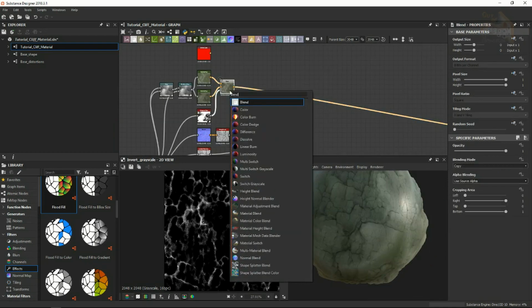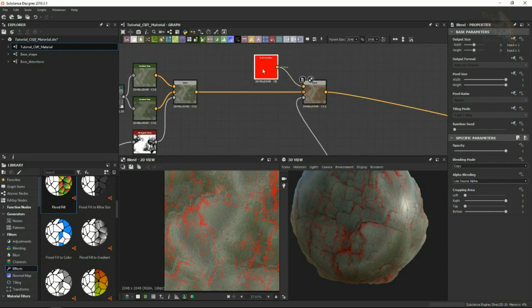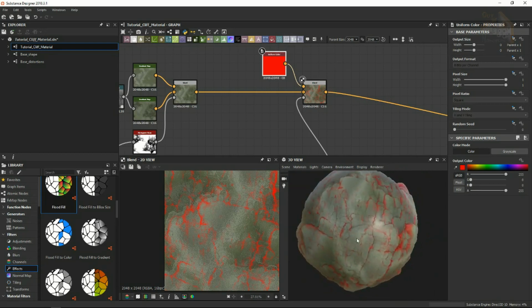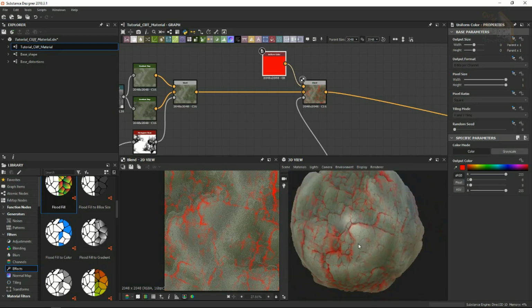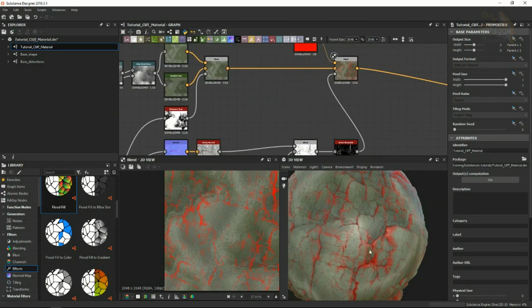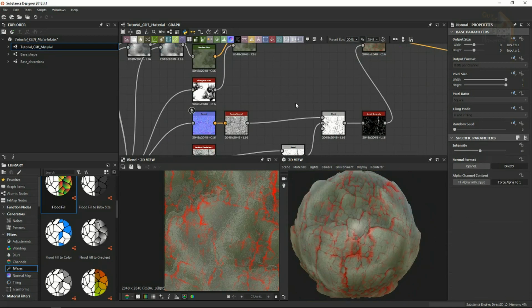Add another blend right here. We are going to use the mask, and we are going to test the mask effect using our uniform color. So this is how this mask is affecting my material, and this is exactly what we are looking for. If we want, we can also make this mask directional, and I will show you how we can do that